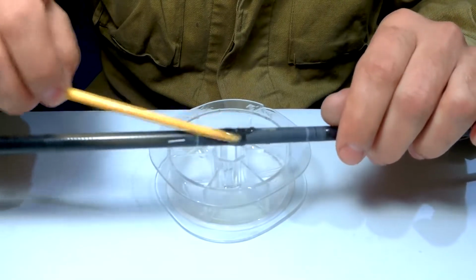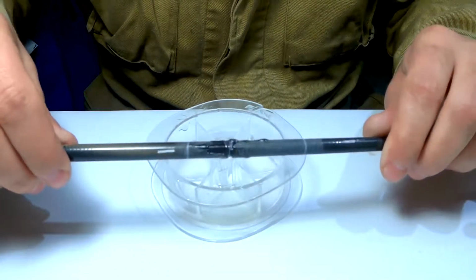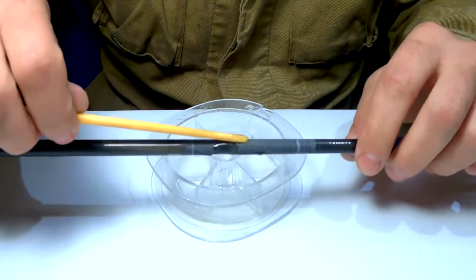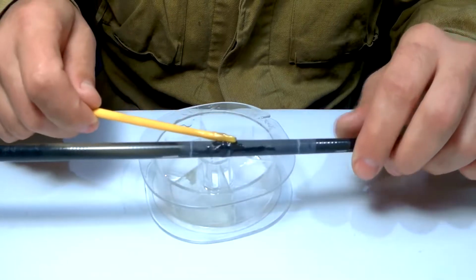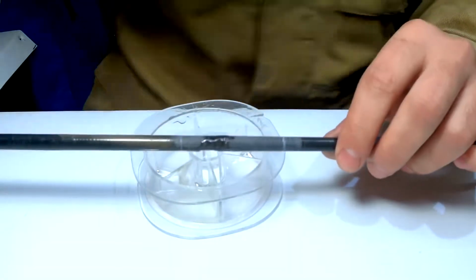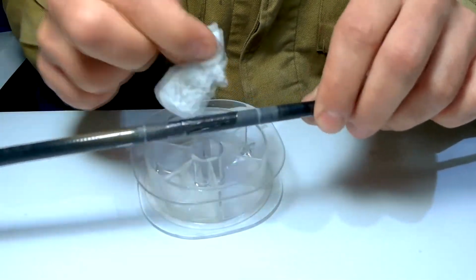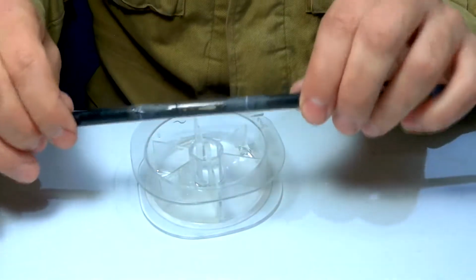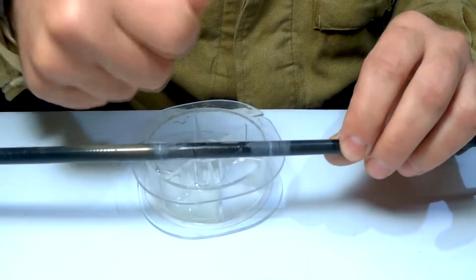So, we've done it. Unnecessary glue, we need to take it off to throw it away. Also we can use this tissue to wipe off the unnecessary glue. I will not actually throw it all away, because in this place I will,